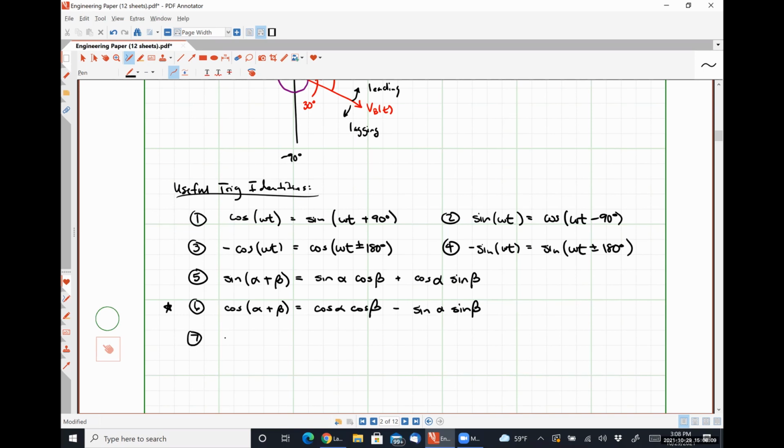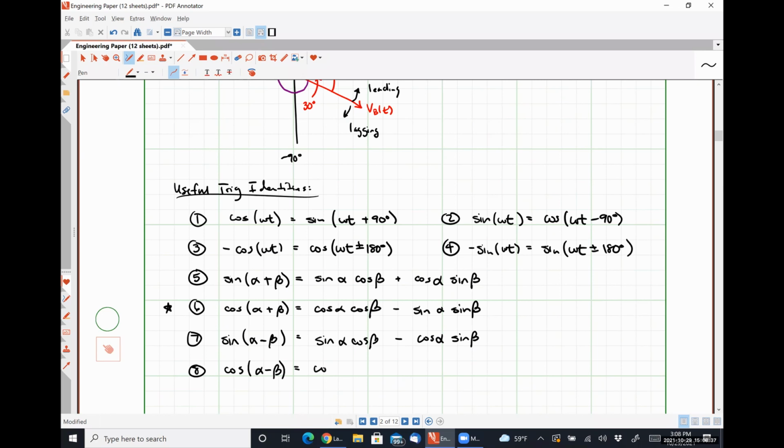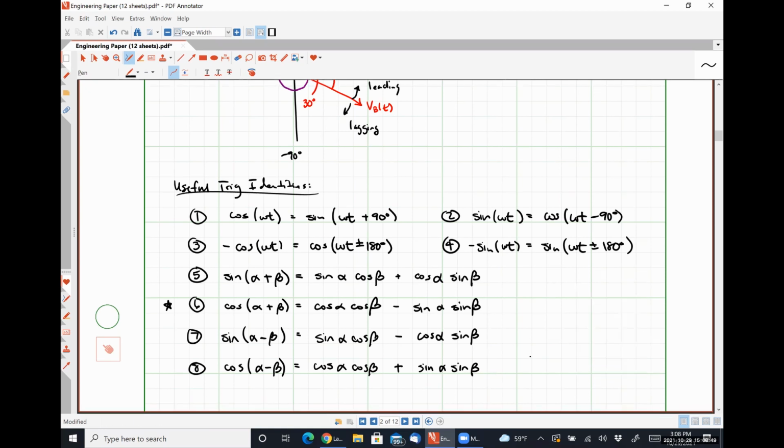Number 7 is sine of alpha minus beta, and that is sine alpha cosine beta minus cosine alpha sine beta. And number 8 is cosine of alpha minus beta, and it is cosine alpha cosine beta plus sine alpha sine beta. So those are all going to wind up being used to add and subtract and manipulate, perform simple